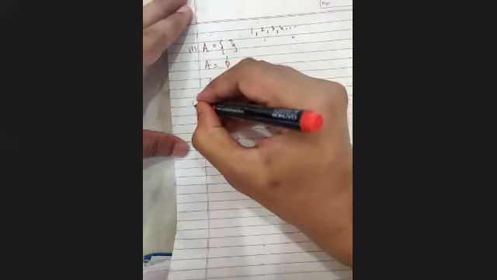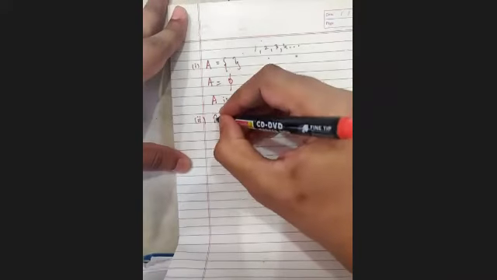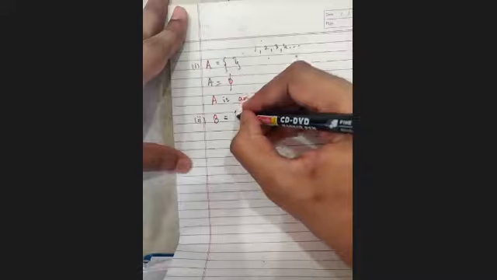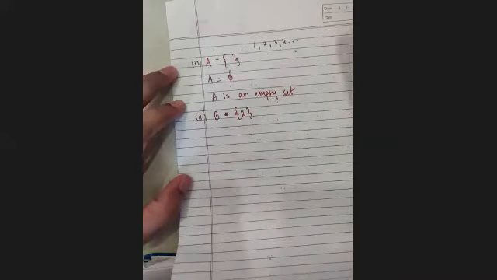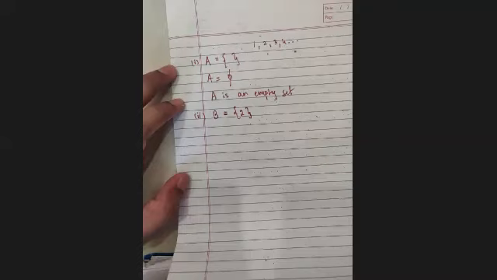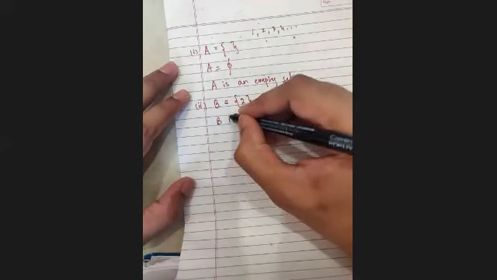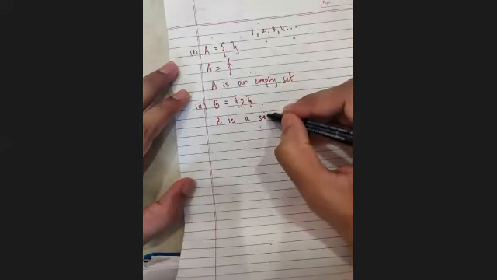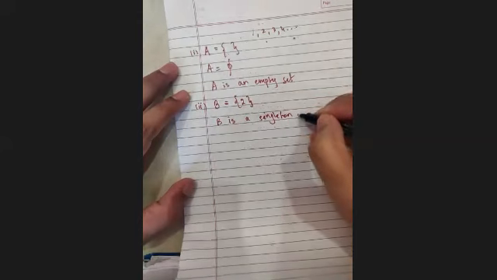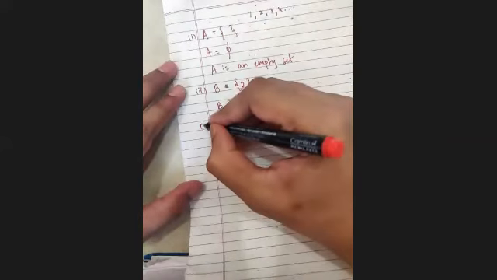Just read that out. B is a set of all even prime numbers. So inside B, we have to write all the even prime numbers. Can you think of even one? 2 is the only even prime number. Everything else, if it's even, it comes in the table of 2, so it cannot be prime. Right? So only 2 is the even prime. So tell me, is this an empty set or a singleton set? Singleton set. Since there is only one element, I can say B is a singleton set. Okay, perfect.